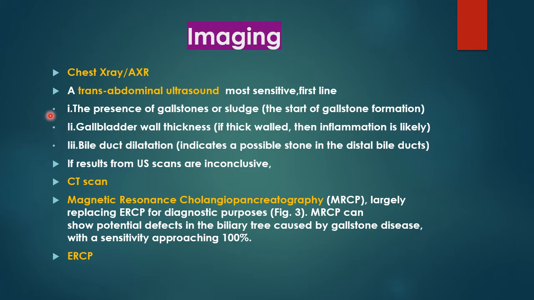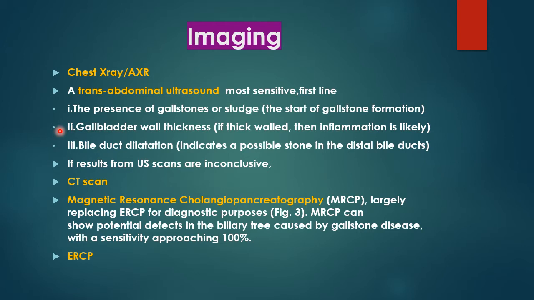Among the imaging methods that are available, first of all, as I said, is a chest X-ray, erect chest X-ray, to rule out pneumoperitoneum, which occurs in perforated peptic ulcer. Transabdominal ultrasound is an important and most sensitive first-line investigation, which is very effective in diagnosing gallstones. So in ultrasound, 3 things you must look for: presence of gallstones,